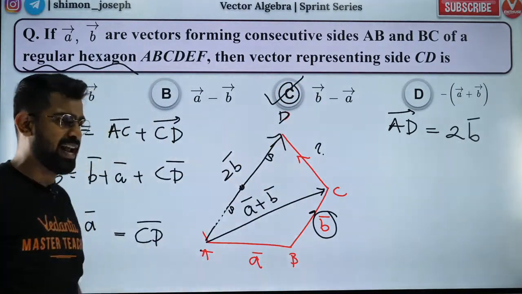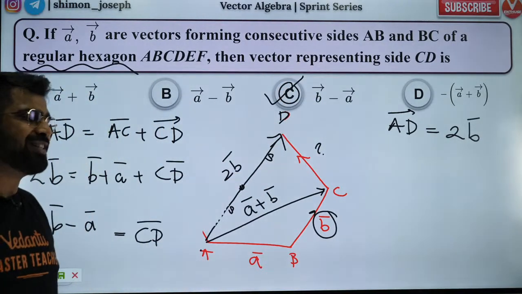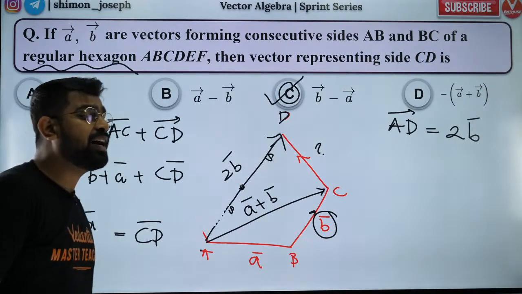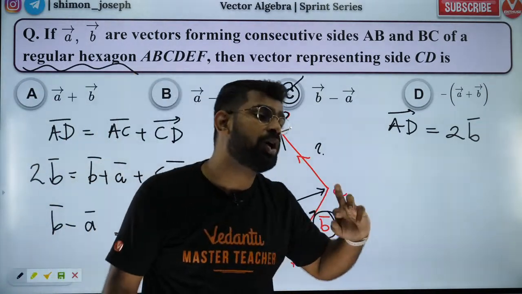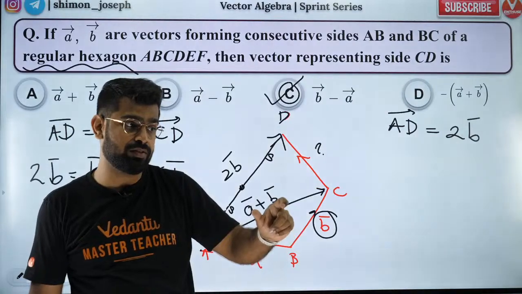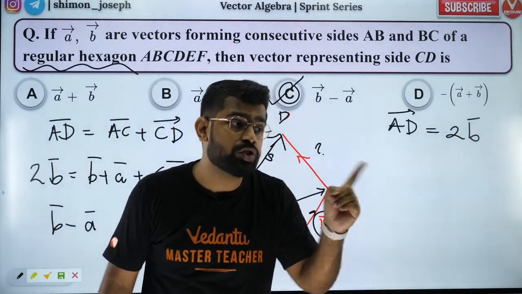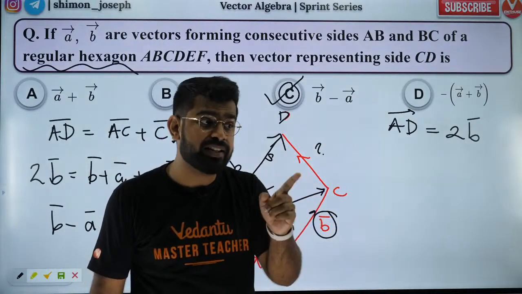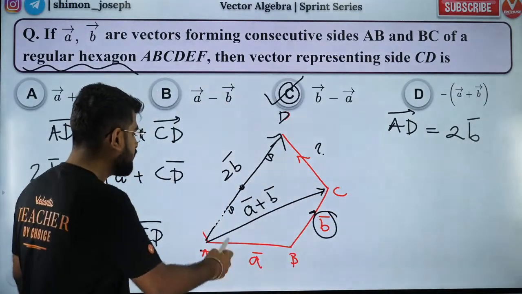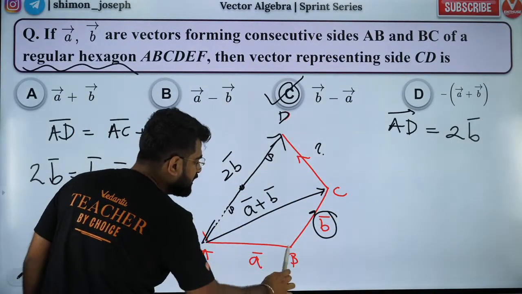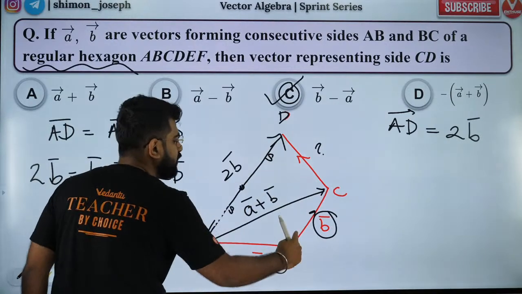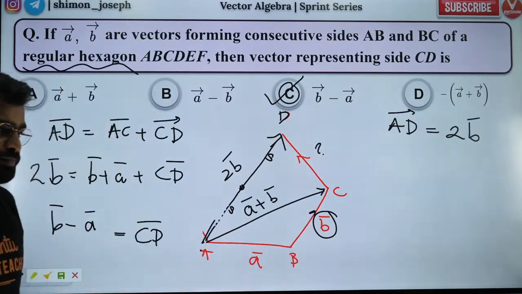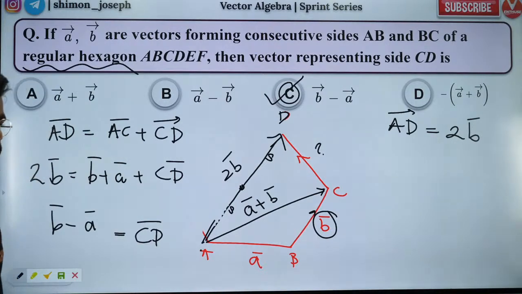So Ashwin was right. Very good, my dear boys and girls. Did you all like it? Chaitanya, length can be twice of A, magnitude wise. But direction wise, it is not 2A. Chaitanya, don't make that mistake. How is AD parallel to this? AD is parallel to this only, right? So you have to take care of that. Got it? Very good.